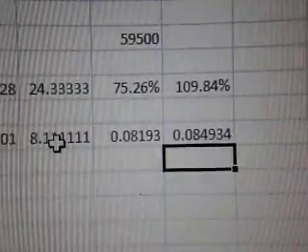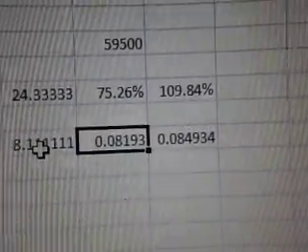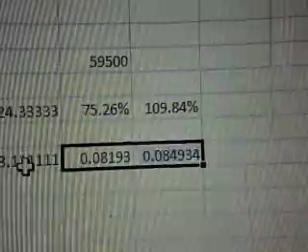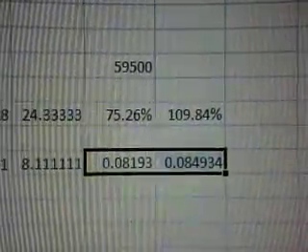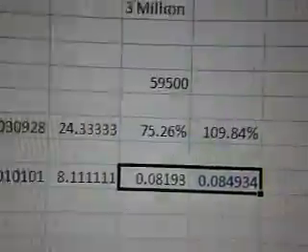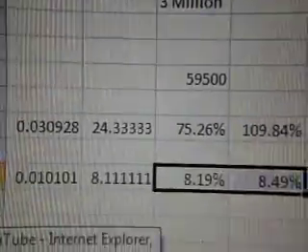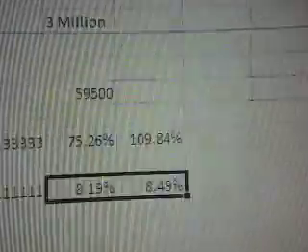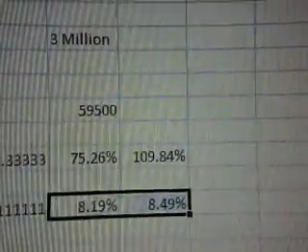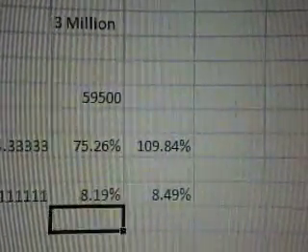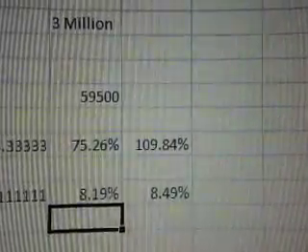And that is your effective annual rate. We can change these things into percentages by changing the format, make it percentage, and it is 8.19 and 8.49%. Everybody okay with these